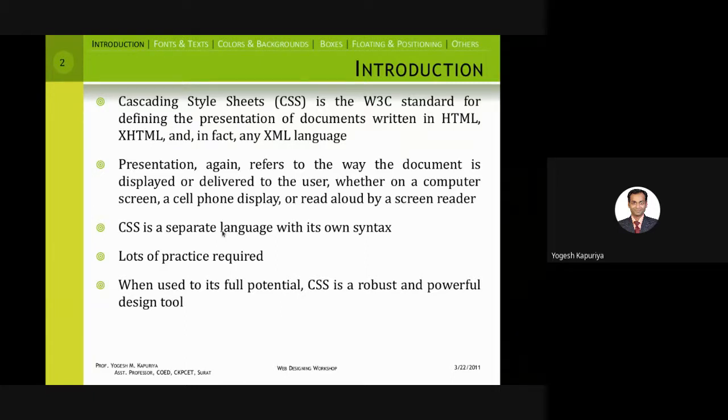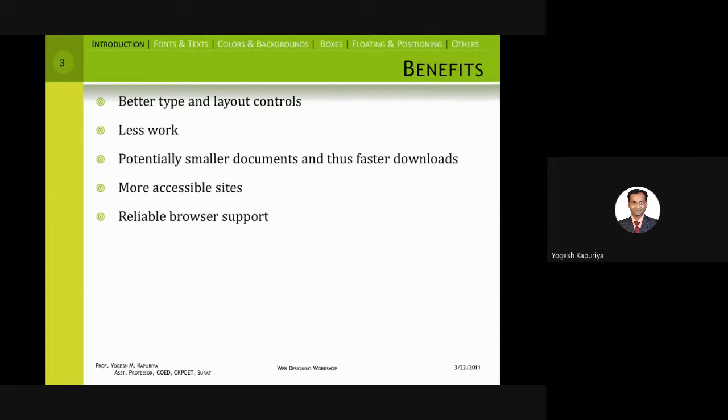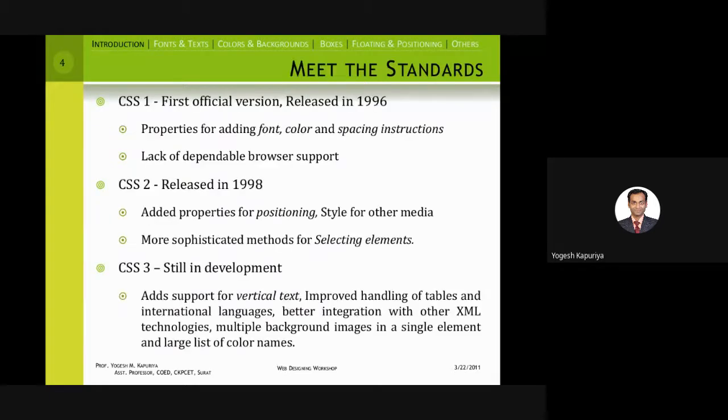Nowadays it's CSS3. There is a difference in these two. CSS3 is more advanced. It has more power to select the elements, more power to present the elements. I don't think this is required to be discussed. Okay. So this is just the historical development of CSS.